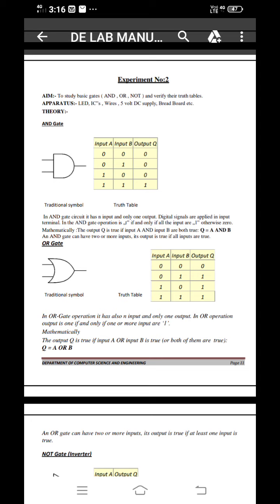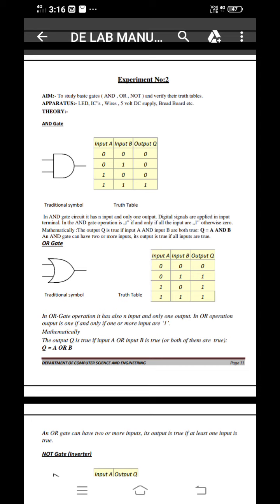If you want to do this experiment, you need some apparatus. The first one is a digital IC trainer kit, one number. And then, as per requirement, we need connection wires. And then, what gates are we going to verify? We need all those gates. First one is the AND gate. How do we find the AND gate? The AND gate IC number is IC 7408.